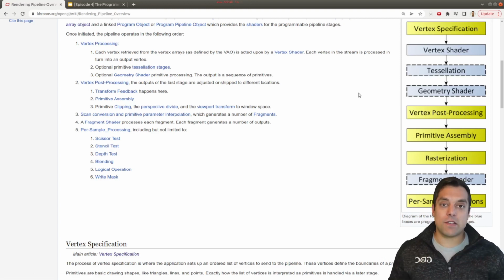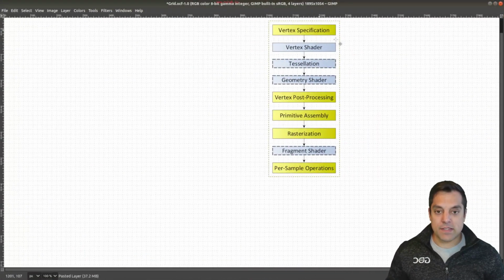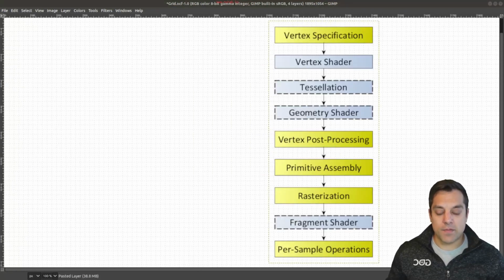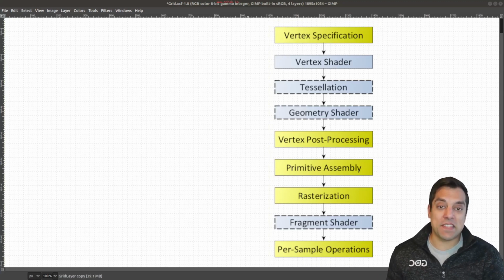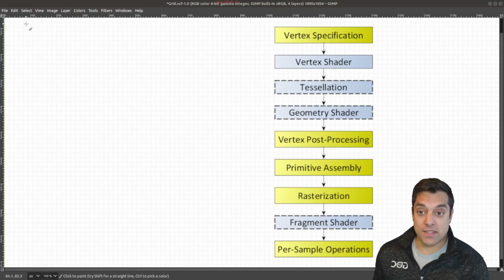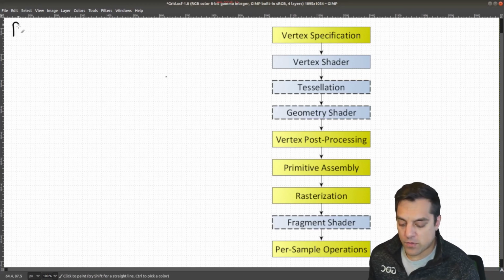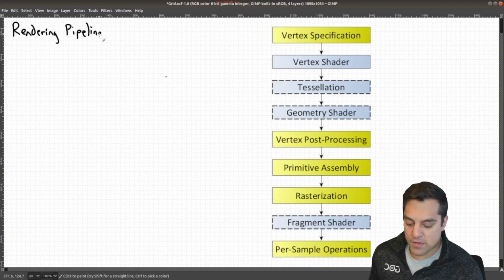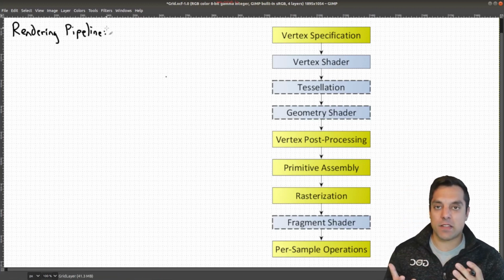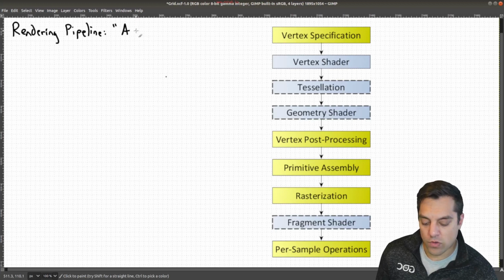So let me give you the short answer of what the graphics rendering pipeline is. To do that, let's go ahead and take some notes. What I've got here is the pipeline, and I'll go ahead and scale that up for you. What we really want to keep track of in today's lesson is what this pipeline is. So let me summarize the rendering or graphics pipeline for you. The way I would start off if I was going to teach somebody this, or answer in an interview, is a primitive, or let's just say a vertex,